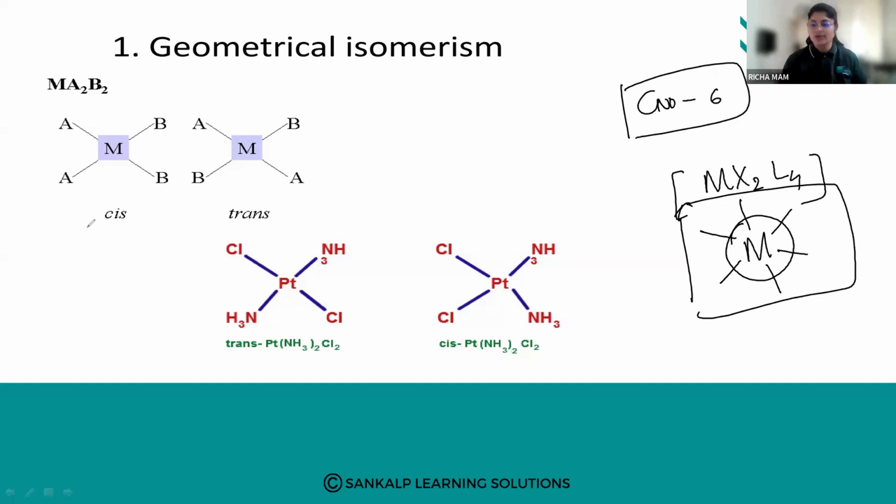Is it clear up to here? You should not get confused, so I'm not discussing this now because again it will create more confusion. What is isomerism? What is structural isomerism? What is stereoisomerism? In structural isomerism, we have discussed ionization isomerism, solvate isomerism, coordination isomerism, and one more. Then in stereoisomerism, we have discussed geometrical isomerism. The remaining part of geometrical isomerism and optical isomerism we will discuss in the next class.